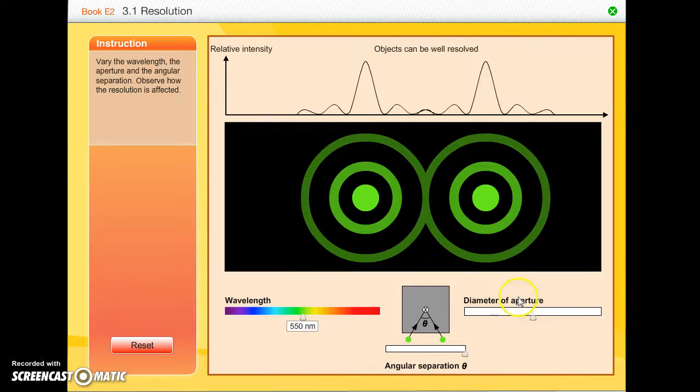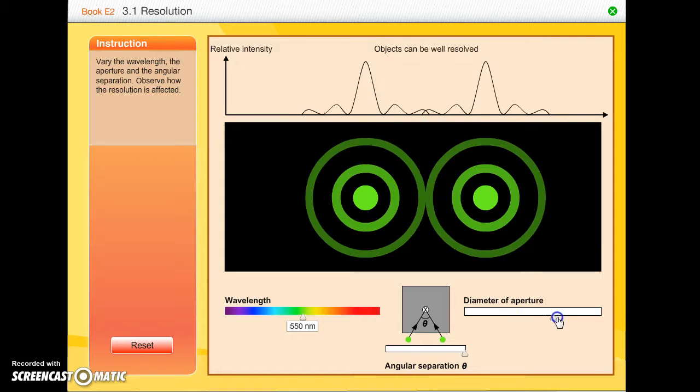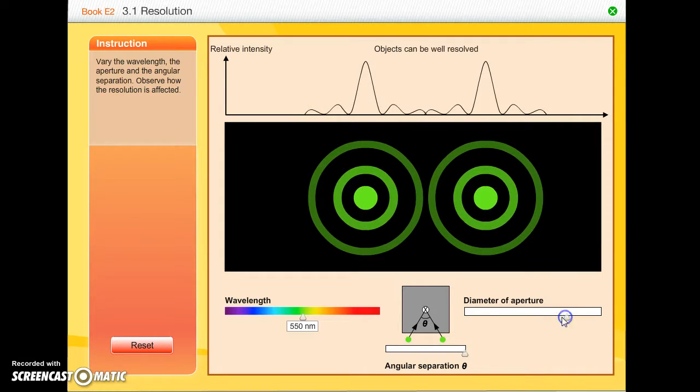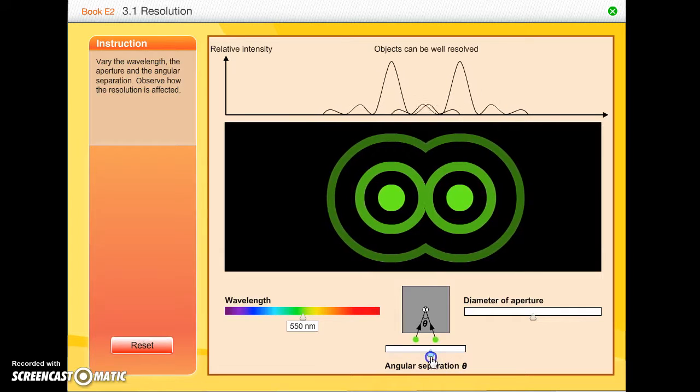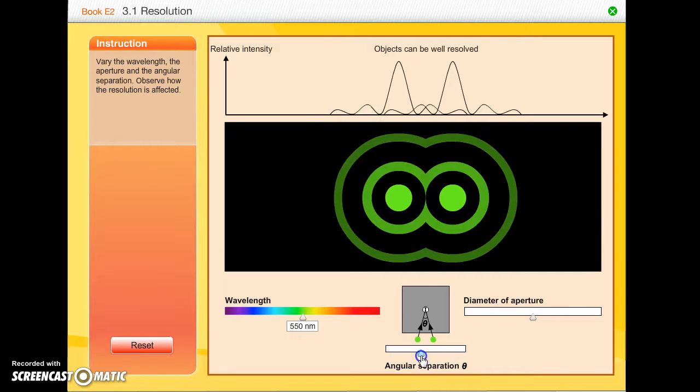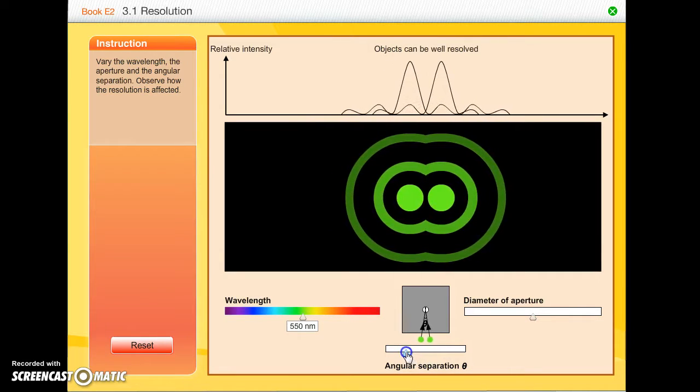The size of the aperture and the angular separation between the objects determine whether the objects can be resolved. For a larger aperture, there will be less diffraction effect, and it will be easier to resolve the objects. When the angular separation is smaller, there will be more overlapping of the diffraction patterns, and that will be harder